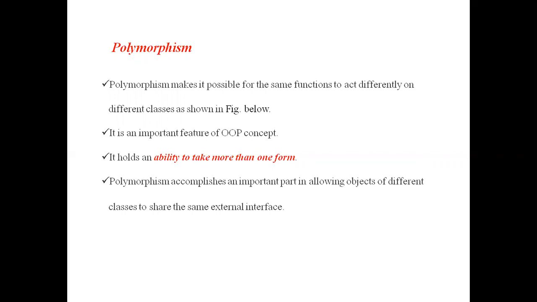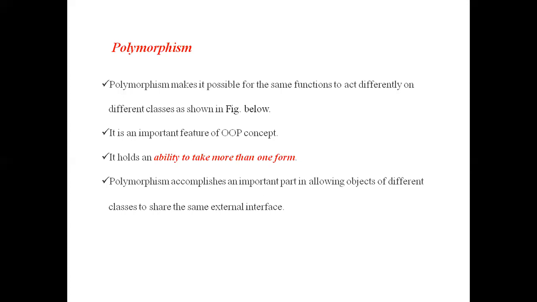That is polymorphism. This is generally used in object-oriented programming, where we want the same name for many functions. Sometimes it is very difficult to remember all the names of the functions while we are writing a program. So the solution is to use the same name for all those functions. To support the concept of one same name for two or more functions, we use the concept of polymorphism.